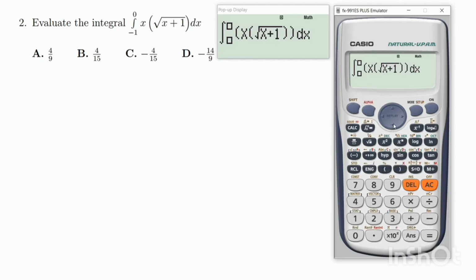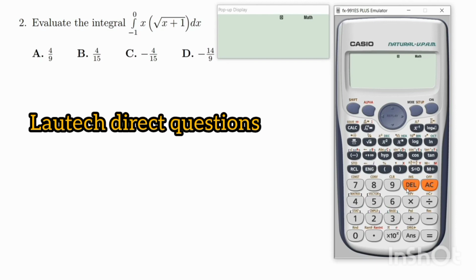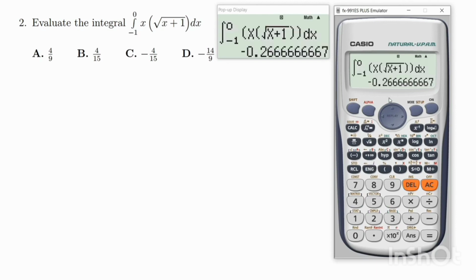Now that we are done with that, we can press the arrow down button. Then now press our limit of integration, which is -1 for the lower limit. Then press the up arrow button, then press 0. Okay, now that we are done with that, we can press our equals to button. Now it's evaluating that. Then here we have this to be minus 0.26667. Okay, now if you check your options, you cannot see anything like that. Now for us to know which of the ones would give us this answer,